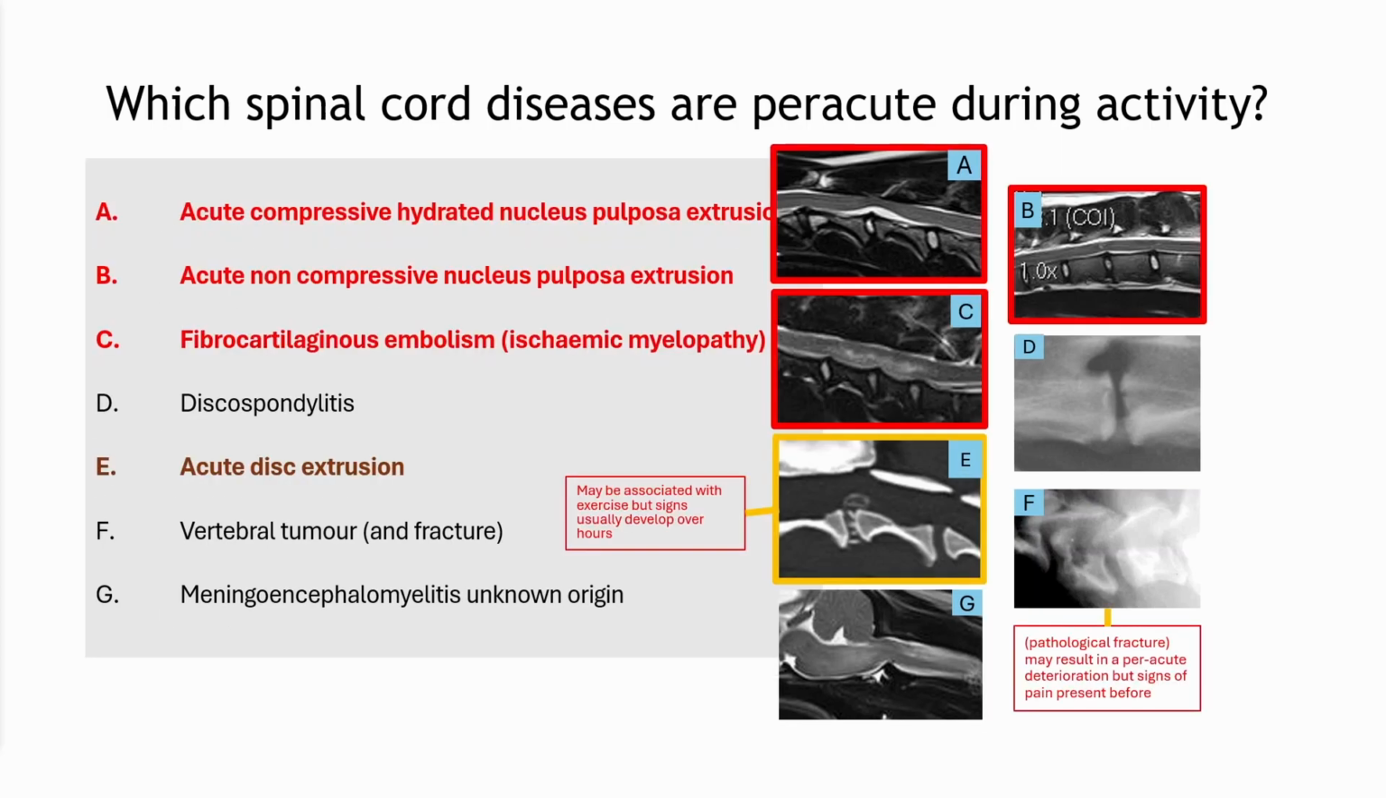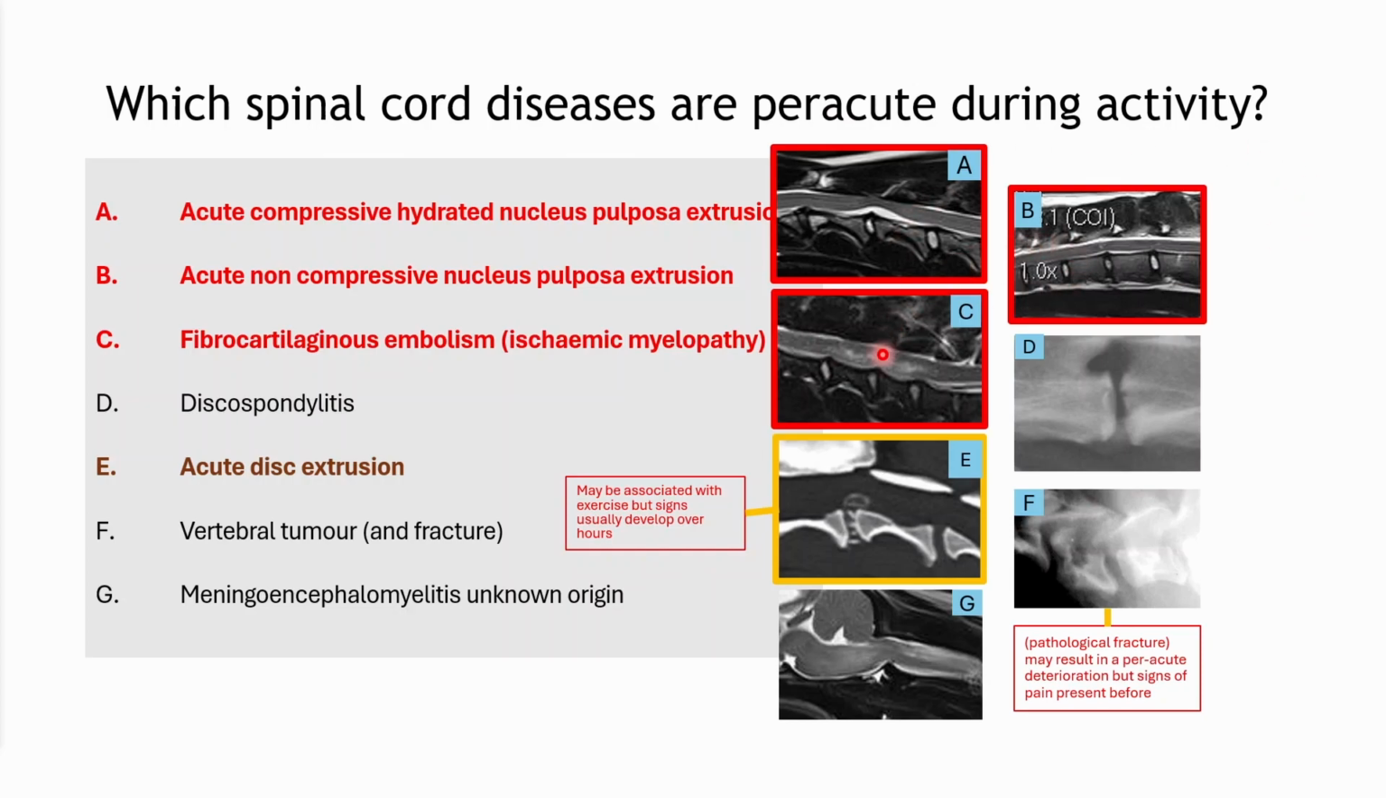So the correct answers are A through C. Acute compressive hydrated nucleus pulposus extrusion, non-compressive nucleus pulposus extrusion, and fibrocartilaginous embolism. Acute disc protrusion is also possible, so our one here. It may be associated with exercise, but typically the signs develop over hours, so it's not as peracute as these